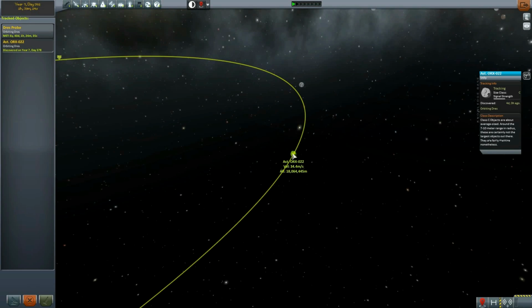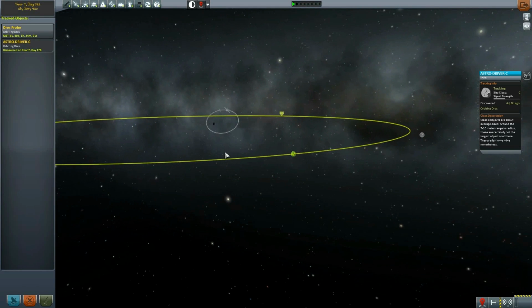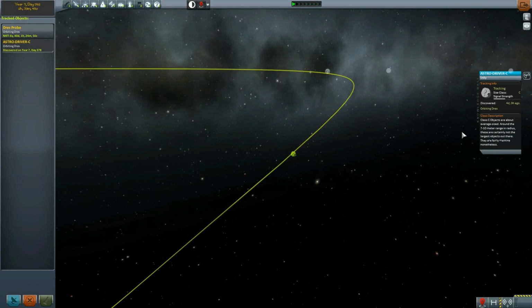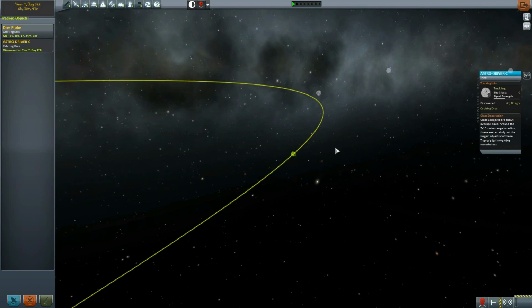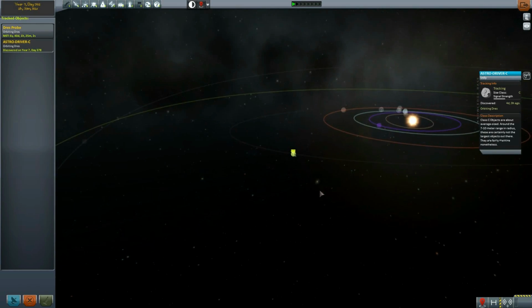ORX 022. That's his designation. Let's just change him to Astro-Driver C. So we never forget that he's a C-type asteroid. And that's our target. So now we need to, I think I'm going to eschew transfer windows and just do